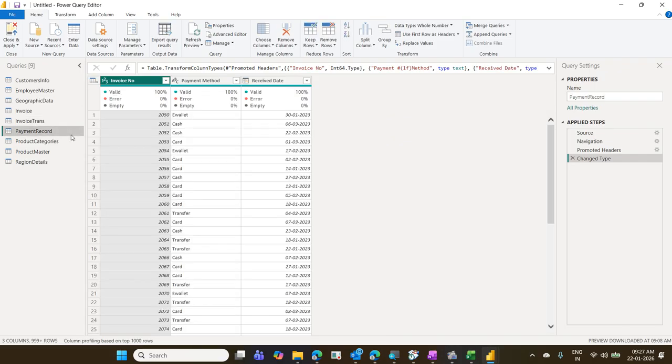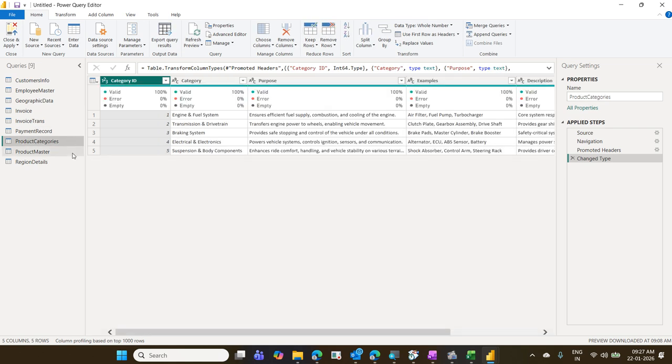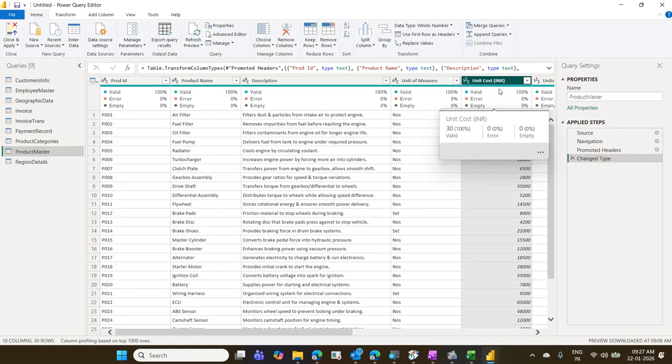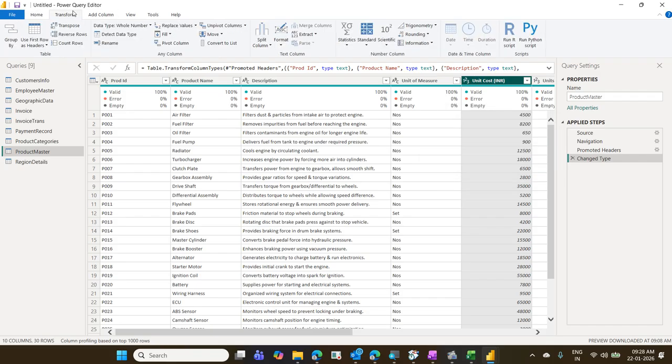Will you tell me any idea how do we change the data type? For example, assume that this unit of cost is not in a proper data type. It's not a number, it's a text. How do we convert the data type here? There are two methods. First, give a chance to Power Query. 99% Power Query will change the data type. If it is not changing, go to the transform and there is an option called detect data type. First, detect it. Still, if it is not able to detect,